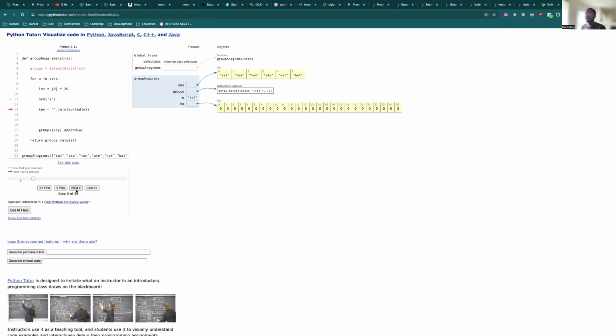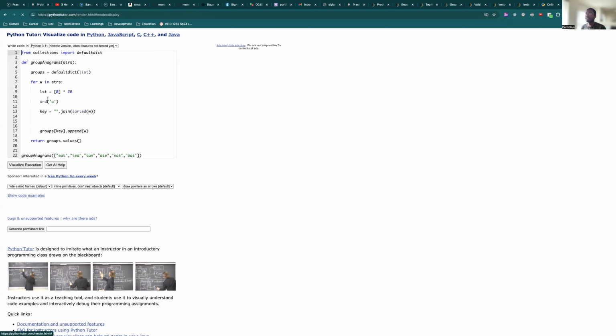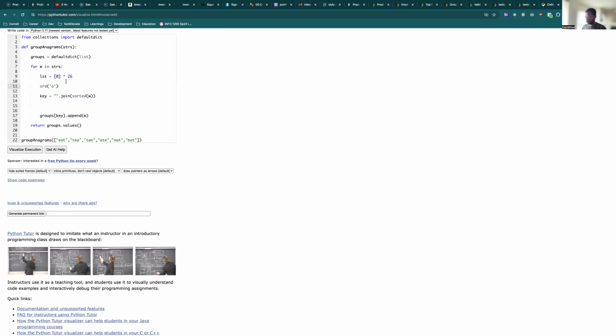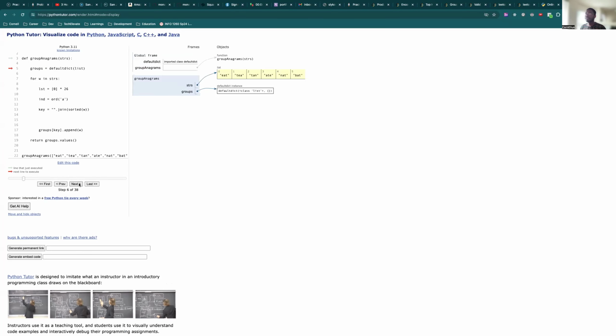Oh, I didn't do anything with my ord a. So let's do something. Let's print the ord a, and call it index is equal to ord a. Let's move on fast. So look, ord a is what? A is 97. 97 is huge, but you want the a to come here to index 0.